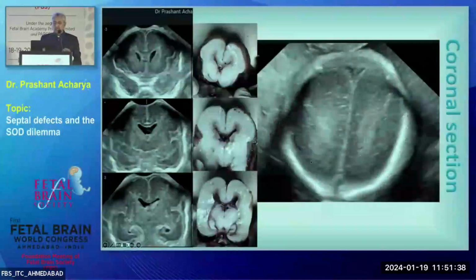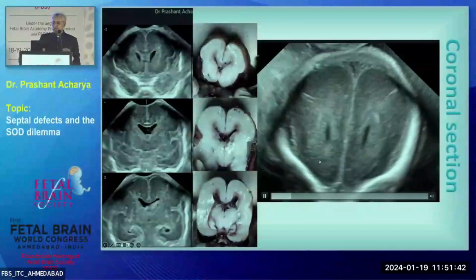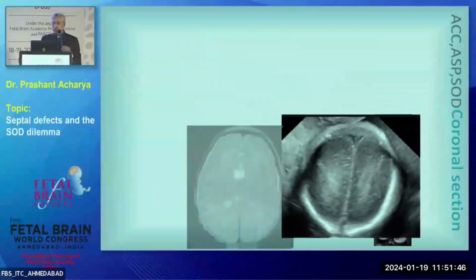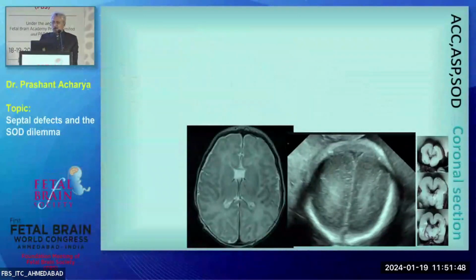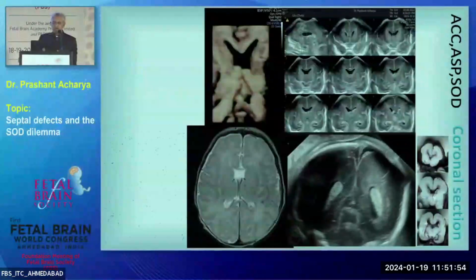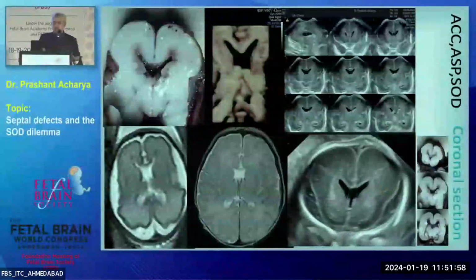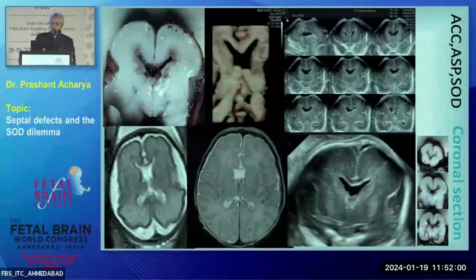You don't see the septum pellucidum. In all sections, fused images, autopsies, that's what you can correlate. Okay, this is what you are going to look into in detail. It's a combination of ultrasound. You can have TUI or volume imaging. Volume imaging will give you precise information, and the addition of MRI may give you a lot of additional information.